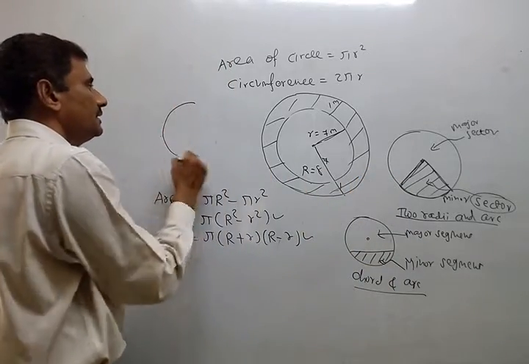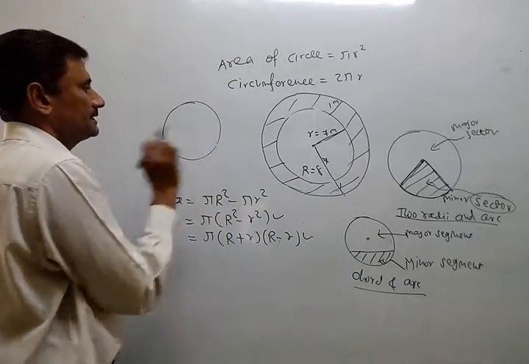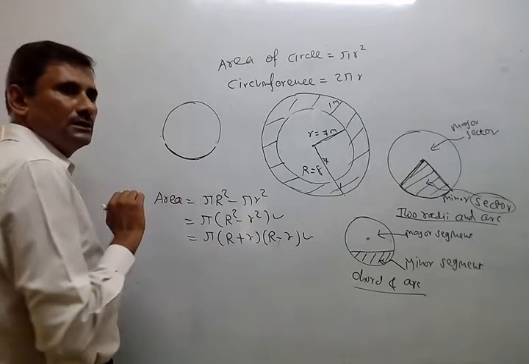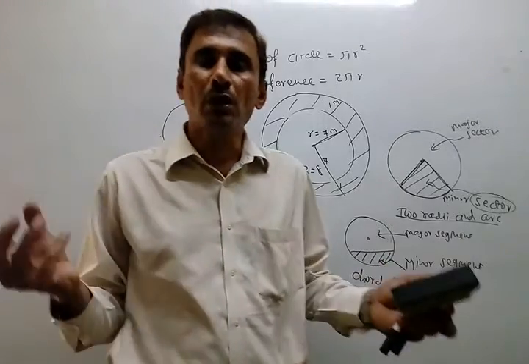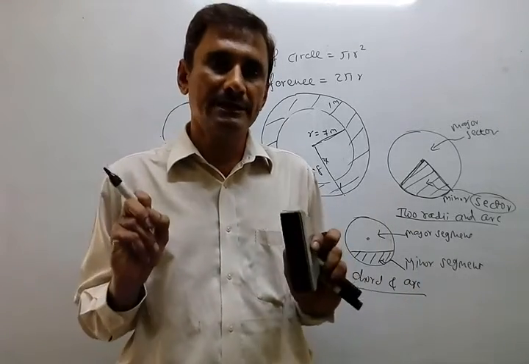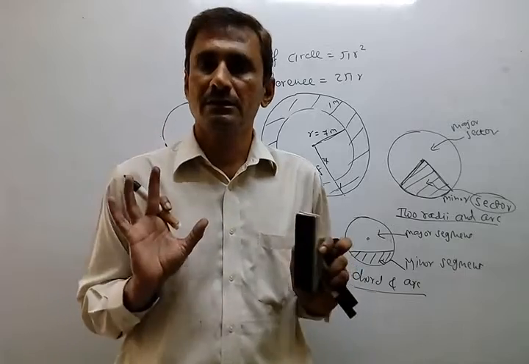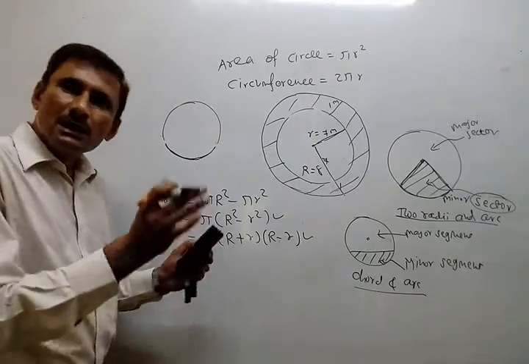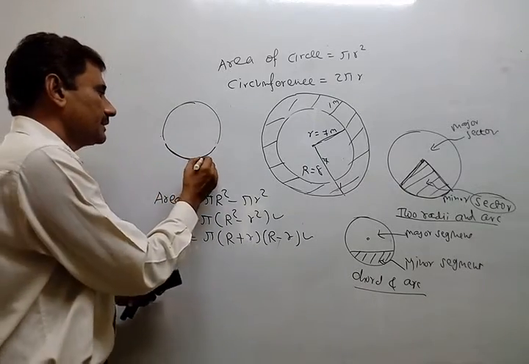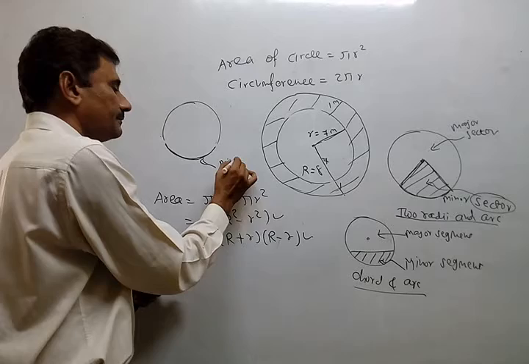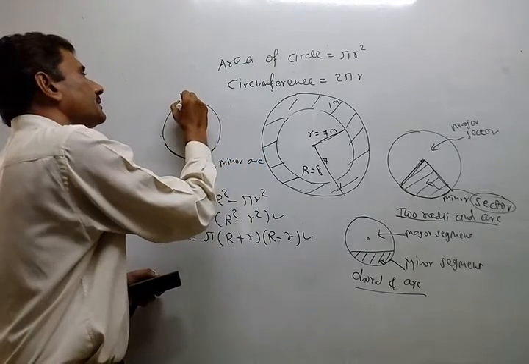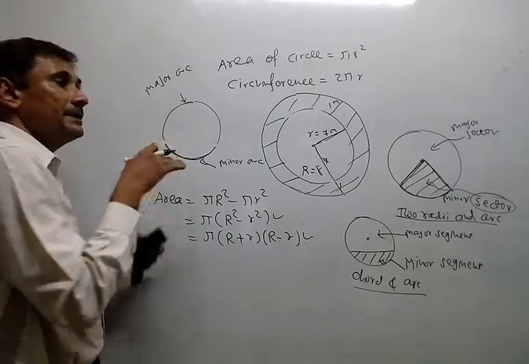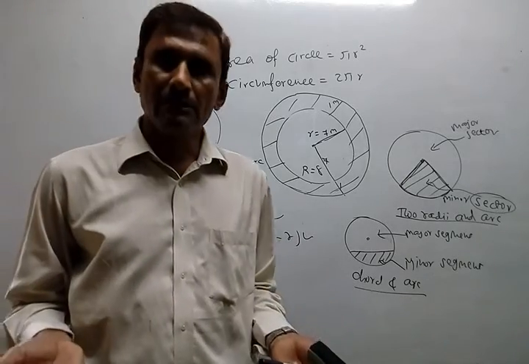But we forgot to explain the arc first of all. An arc is nothing but a part of a circle. Suppose this part, so this is the arc. Suppose a piece of any broken bangle. If a broken bangle is there, then any piece can be an arc. If it is smaller than half, it is a minor arc. And if it is bigger than half, then it is a major arc. And if it is exactly half, then it is a semicircular arc.